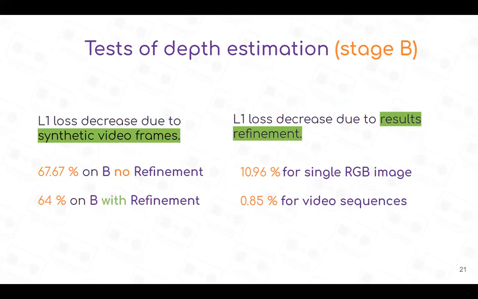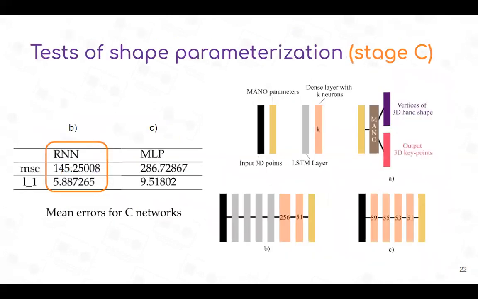And what about depth estimation? Depth estimation with synthetic video frames again showed increased performance, and we tested results from both single image and video sequences. We can see here a kind of interference between the two techniques, because if you use both video frames and refinement, they are in conflict with each other, and we only improve accuracy by about 1% for video sequences, but almost by 11% for the case of a single RGB image. And then LSTM showed almost twice as good performance as multi-recursive on two tasks of